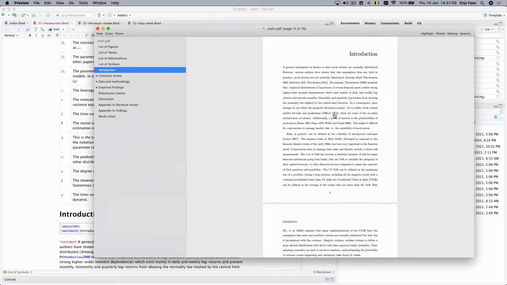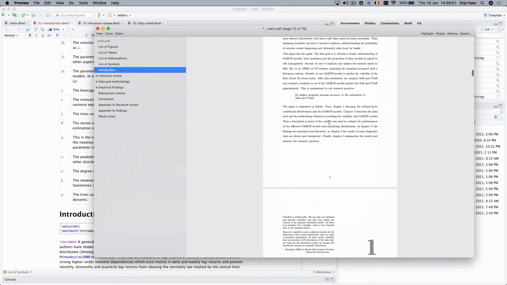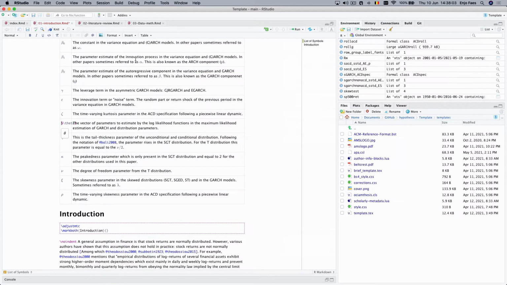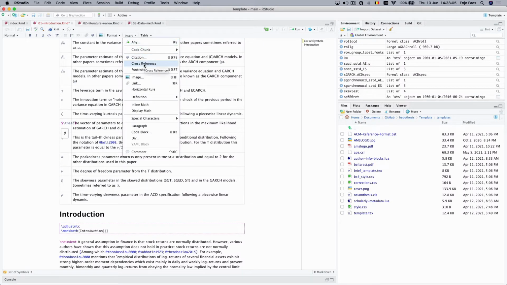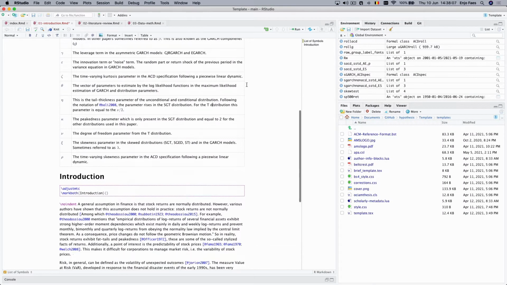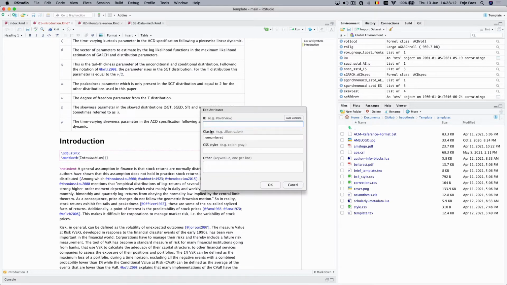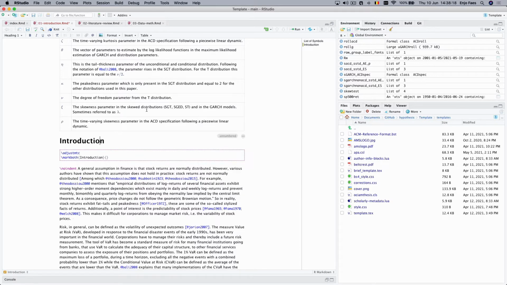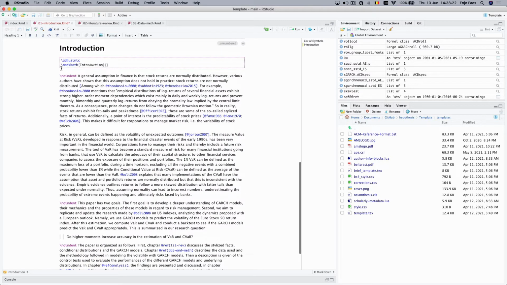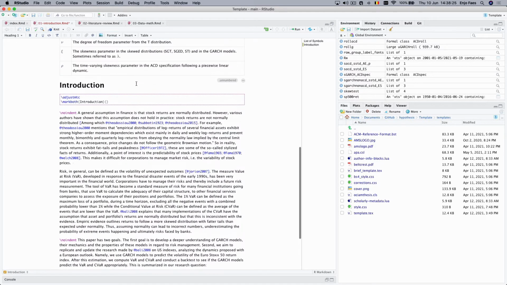Dynamically linked, super cool. Or cross-reference you can also add, so you can insert a cross-reference to your title. The only thing you have to do then is here give an ID, sorry,